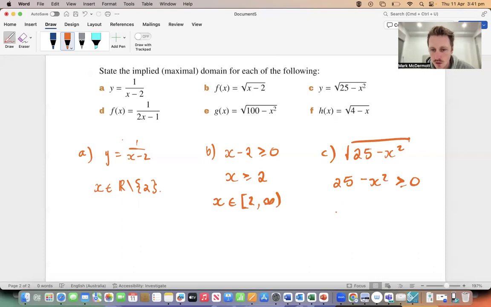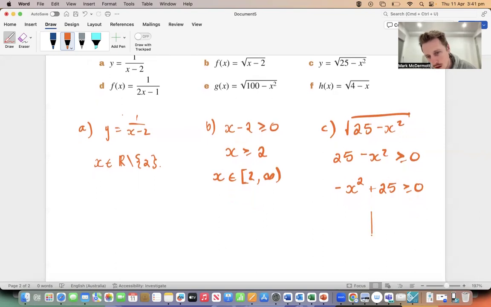Yeah, and remember, when you're solving quadratic inequalities, you need to sketch it. You have to sketch it. Negative x squared plus 25 to be greater than or equal to 0. Literally just swapping it around just to get a feel for what it looks like. I'm hoping you realize that negative x squared is a sad parabola, and it's been shifted up 25. So it's going to go like this